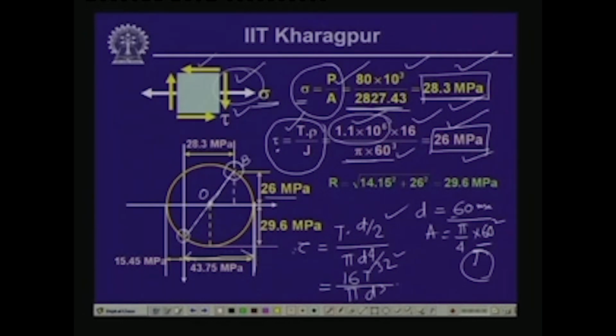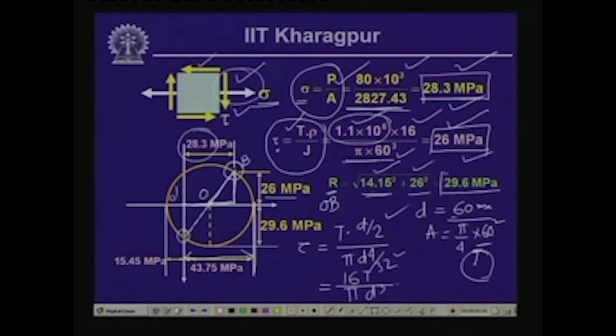This particular point represents the maximum normal stress. This distance, which we call O dash, is equal to 28.3 by 2 because sigma y is 0, and this distance is sigma x minus sigma y by 2. So, we have 28.3 by 2, which is 14.15, and the shearing stress here is 26. So, the radius OB is equal to the square root of 14.15 squared plus 26 squared, and we get